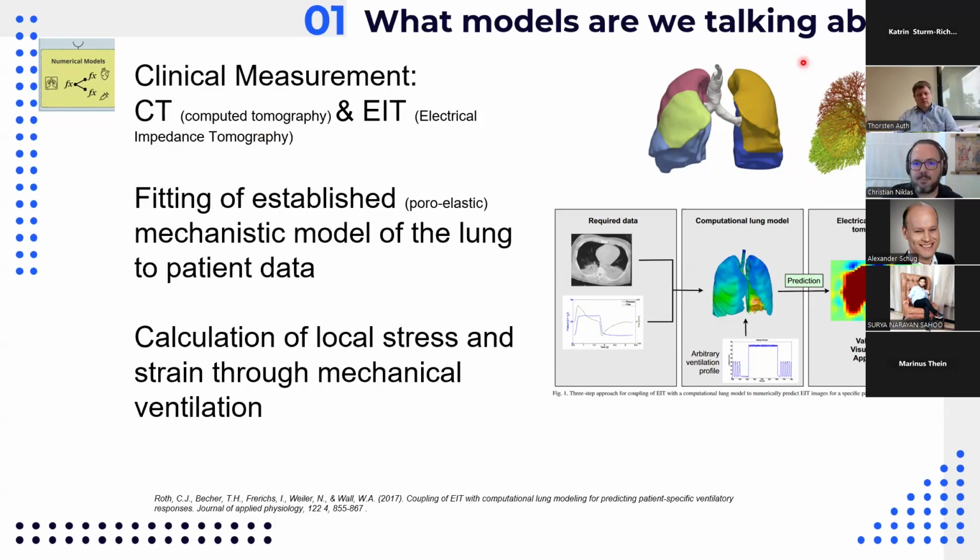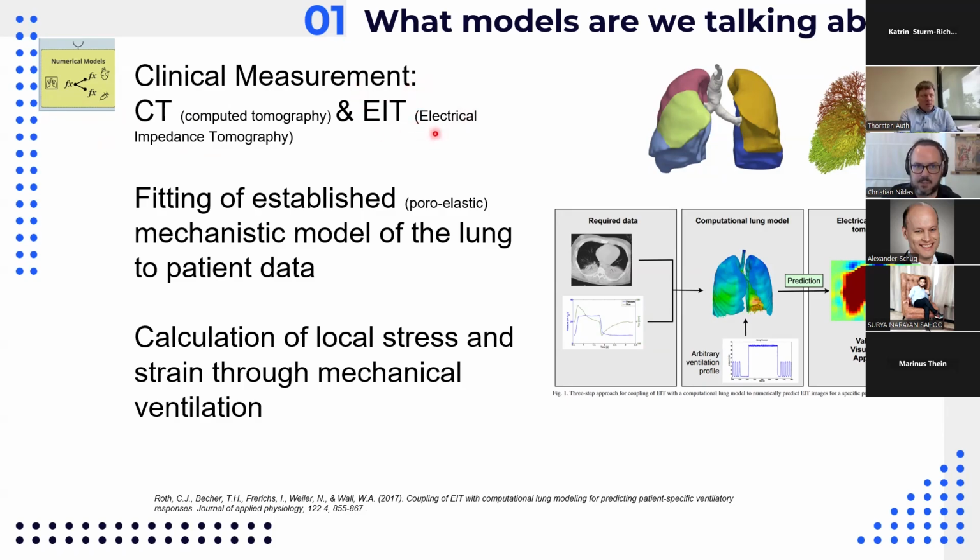They adapted their mechanistic model to that CT image and tried to outline the architecture of these lungs, and then try to ventilate these artificial lungs and try to predict another entity that you can measure without going through the hassle of getting people into a CT scanner, which is a big machine, and you have to transport them there. So this is a big process. So you would rather have them